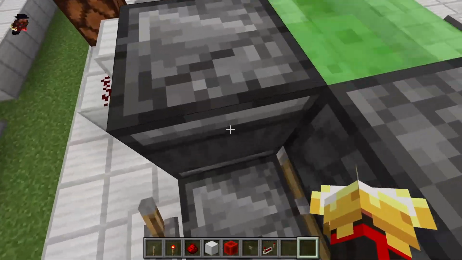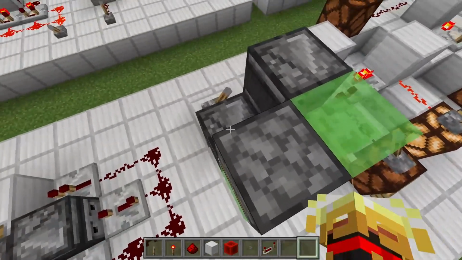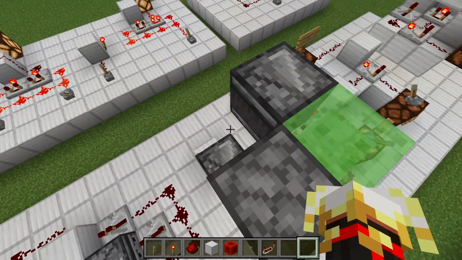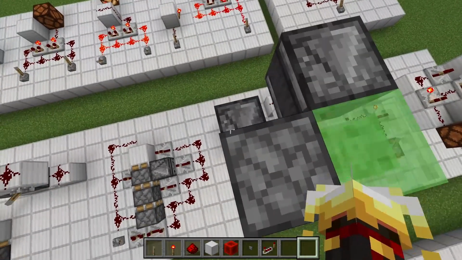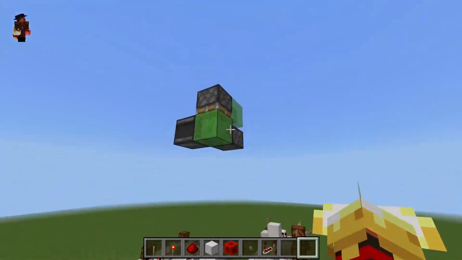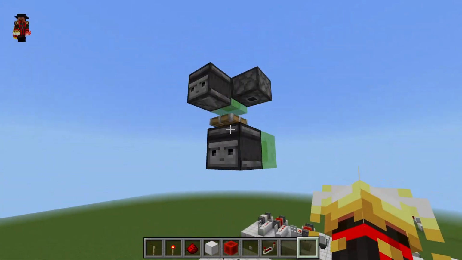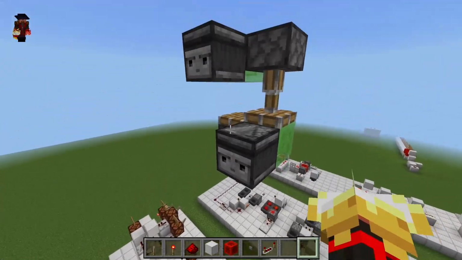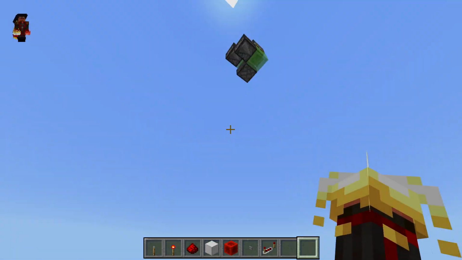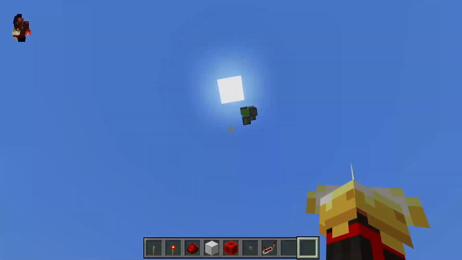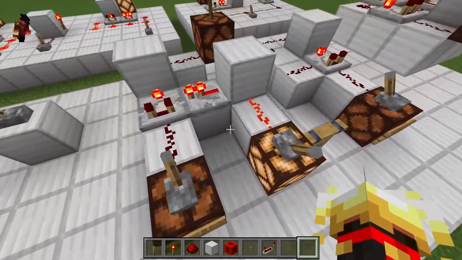Another group of redstone we have is slime block, piston and observer based redstone. Here we have a simple flying machine. Yeah, you can turn it on by activating this observer. It's just gonna do its thing and leave now. So next we have